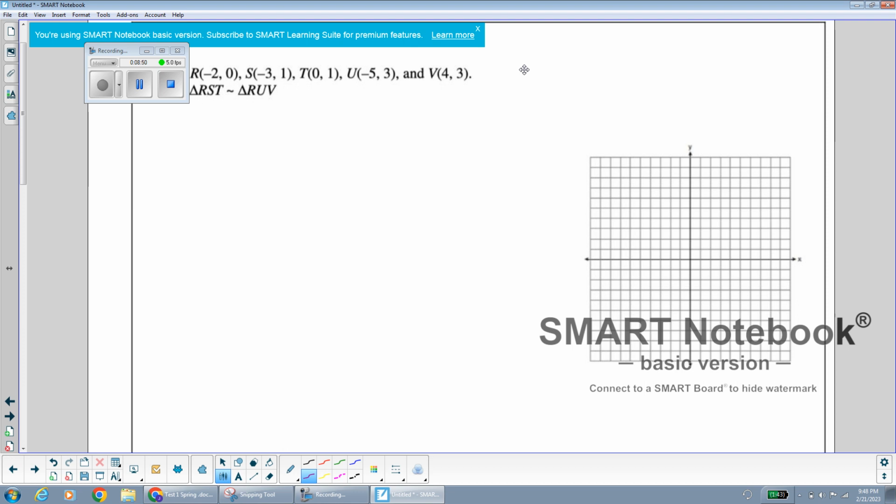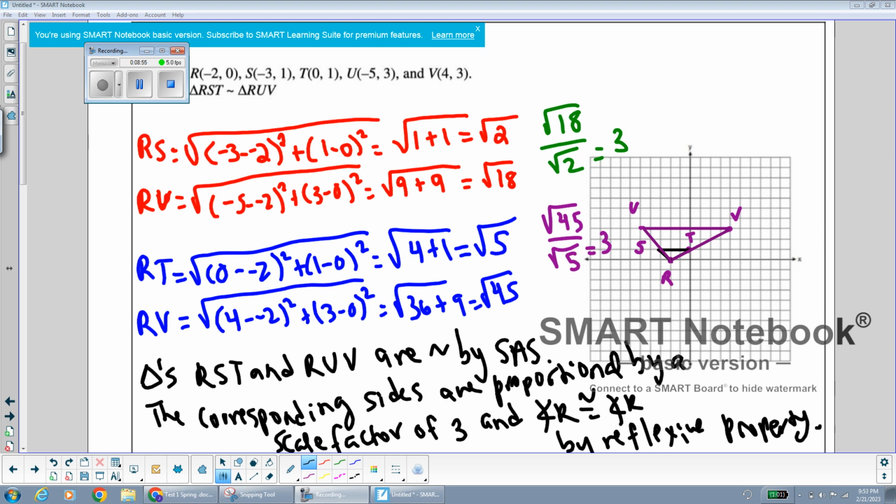I'm just going to take a second and graph the triangles. So here I have graphed the triangles so that you could see triangle RST and triangle RUV. And I just did the question in one way so that you could see the format of a coordinate proof. So I used SAS here. I noticed that there's no confusion about how I prove the triangle similar because I have a concluding statement explaining in words what my calculations show. So my concluding statement is that triangles RST and RUV are similar by SAS. The corresponding sides are proportional by a scale factor of 3, and angle R is congruent to angle R by